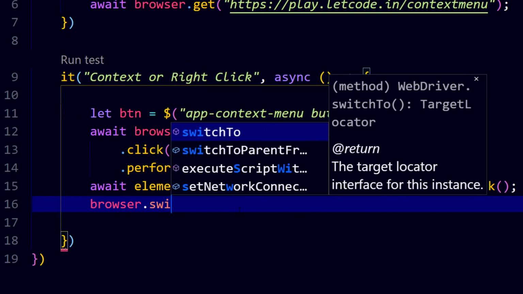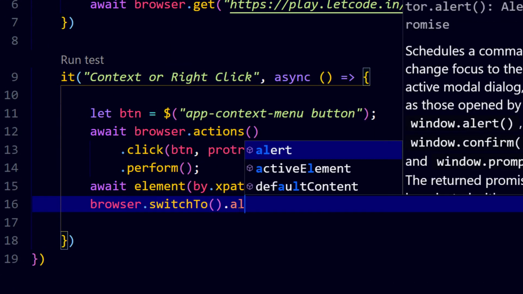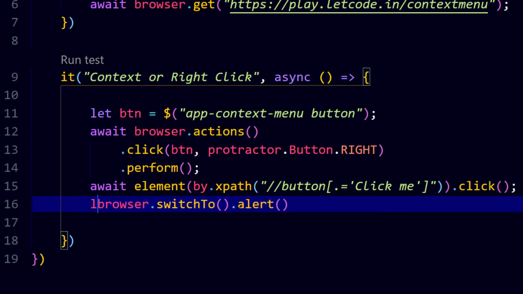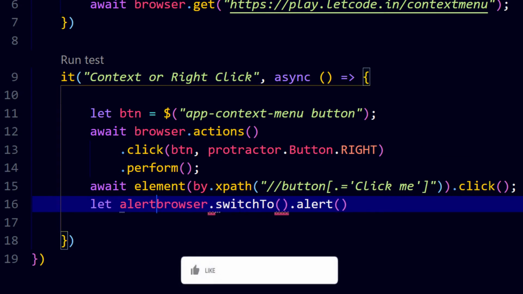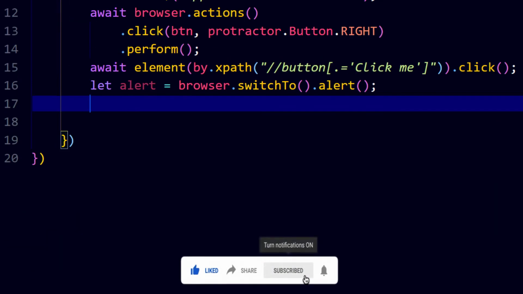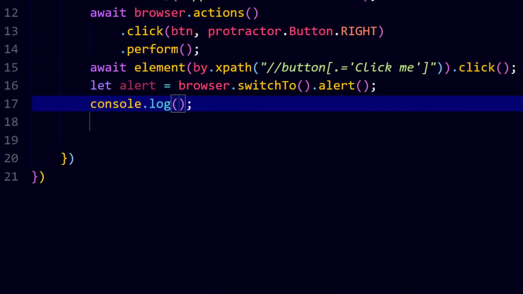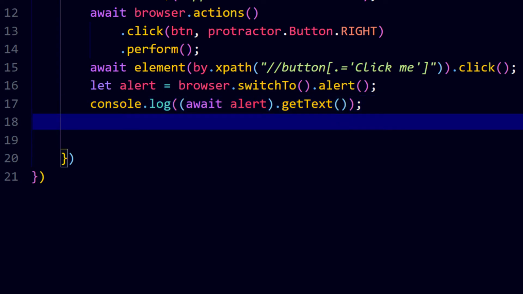So browser dot switch to dot alert. I'm just going to give a reference to this, and here we'll say console.log alert.getText. That's it. And this await